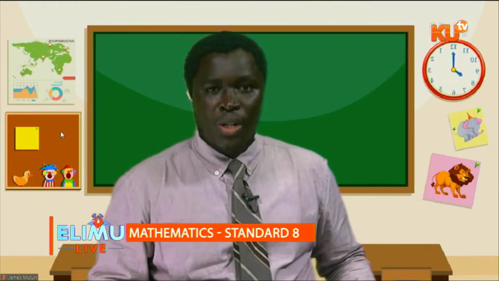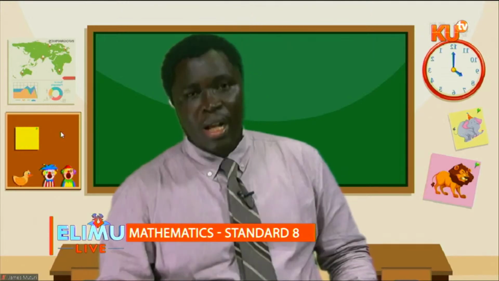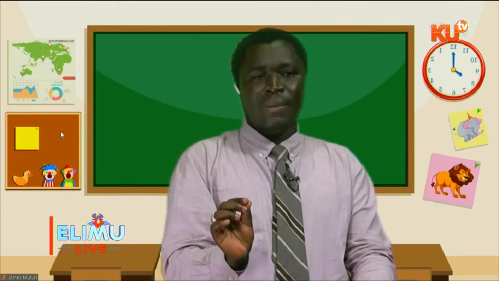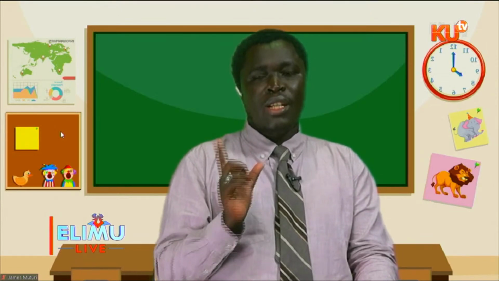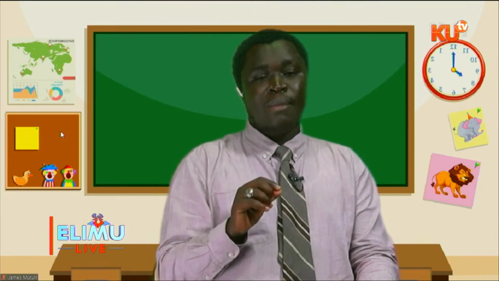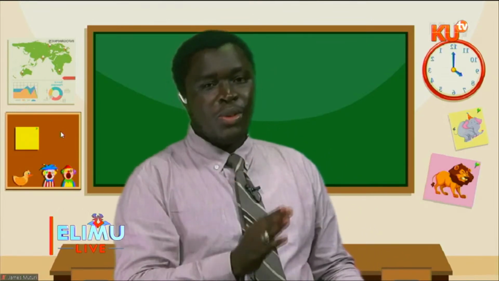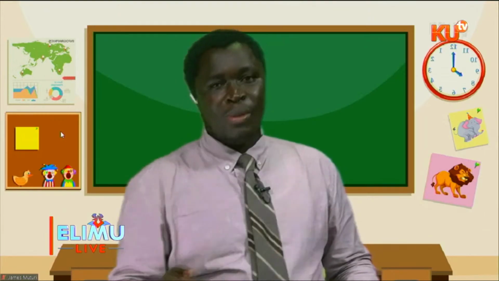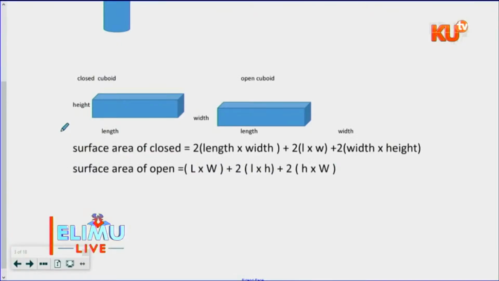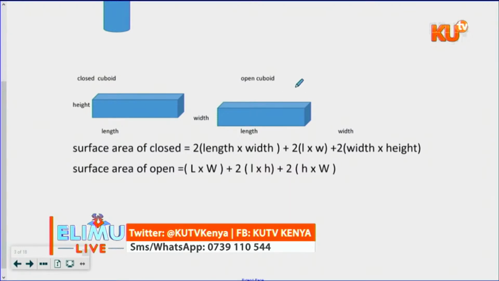So how do we go about this? One face is missing. Remember, in closed, all the faces were there, and we are using the term 2, 2, 2, 2. Let's come to this figure and see. This is the shape. This part here is open. The part is not there. So if the part here is open,